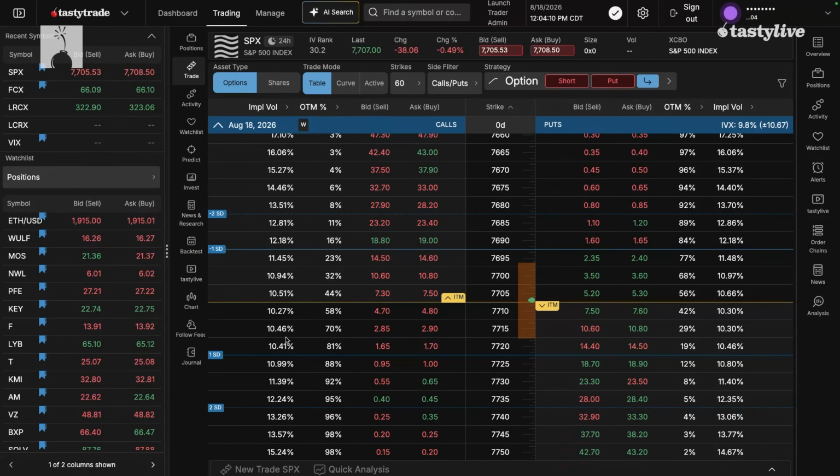Okay, if the skew is steeper on the put side, in other words, the slope on the put side is much steeper than on the call side, that doesn't mean the stock's going down. And vice versa, if the skew is steeper on the call side, does it mean the stock's going up? No, it doesn't. But what it can mean, and the way I interpret it is, skew points to where the